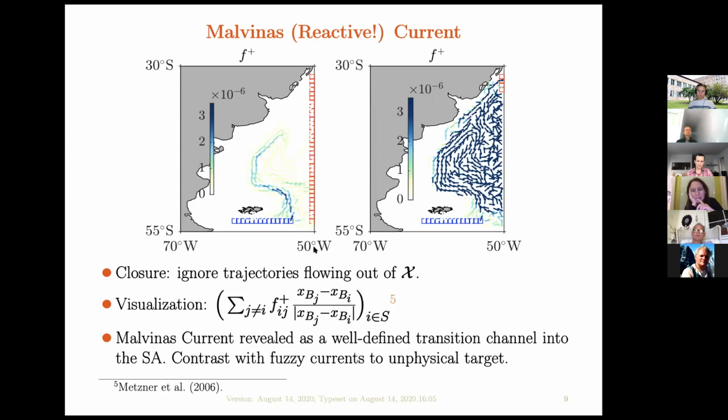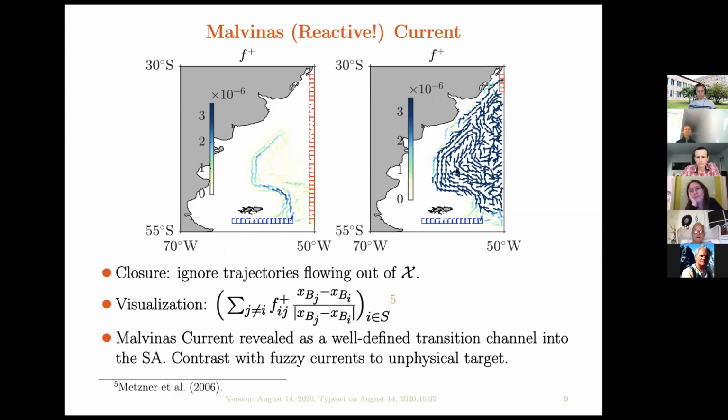So we have a closed system, and we applied TPT, and we've been able to identify the Malvinas current as a reactive current. By not constraining the place of the target, the flow goes in here and has to go up somewhere through here. But if you constrain the target to be in an unphysical place, you see these fuzzy